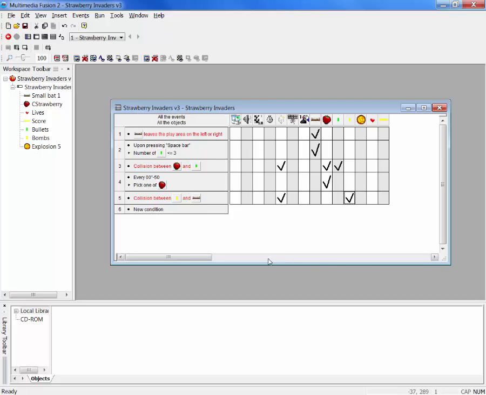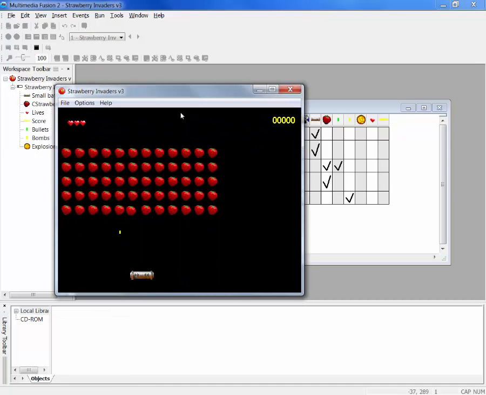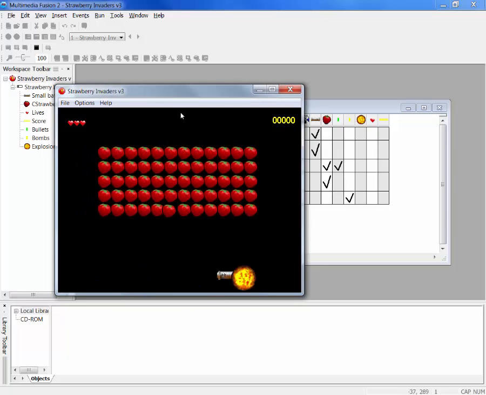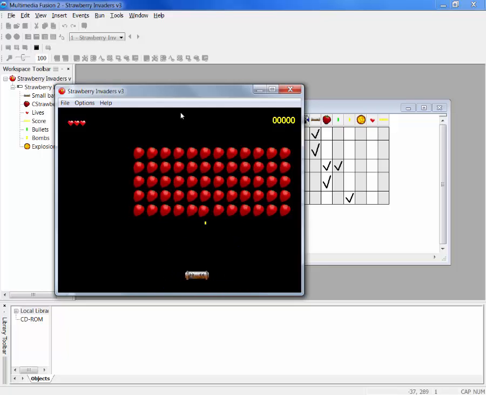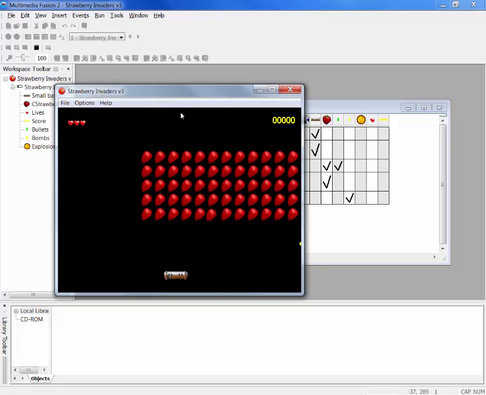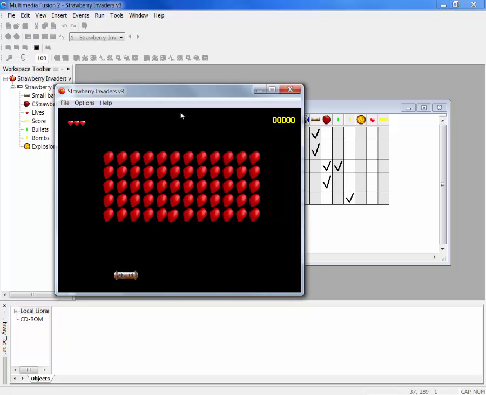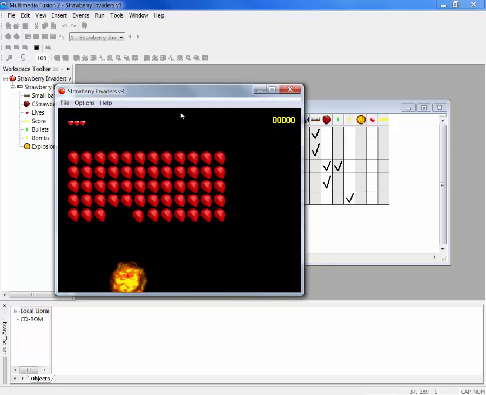Okay, so let's have a quick show to see what that looks like. We check it. Okay, and we get hit by the bullets. There we are. I got hit. Okay. Now, obviously, I can take out the strawberries,